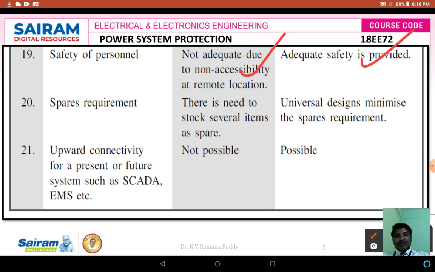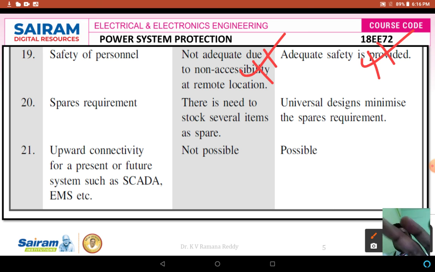So more safety is there for numerical relay, even its recording data, its maintenance data, everything is properly secured, but it is not there for electromechanical relay, and there is no data acquisition system connected to the electromechanical relay.